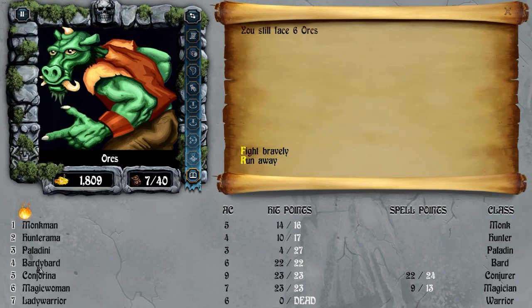So now, because Lady Warrior died, everybody moved up 1, and the first 4 people are the people that can get hit with melee attacks. So now Bard can get hit, but Conjurina and Magic Woman are still safe. And I'm still facing 6 orcs, so I'm gonna run away like a wuss. But I failed, so